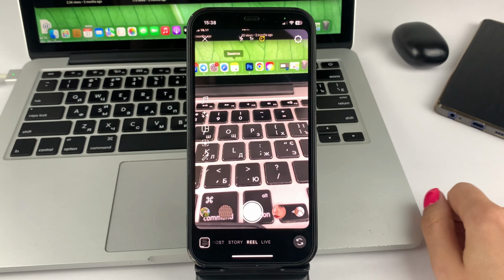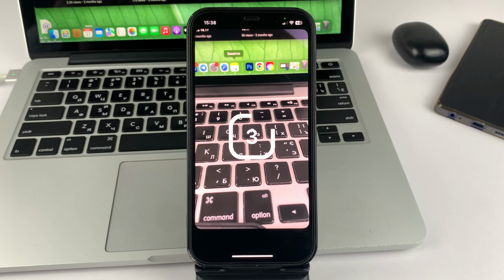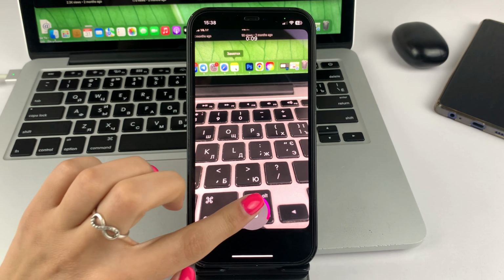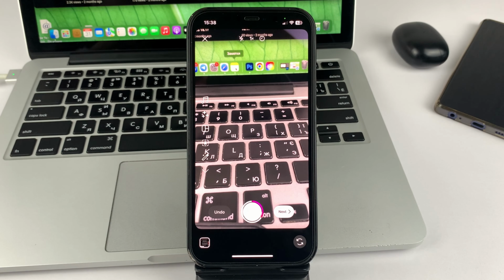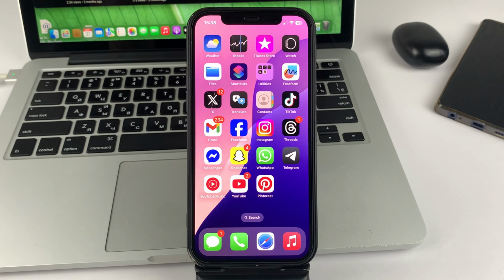Now click Add Timer, and now click on the Record button. And then you'll see that you'll get a 3 or 10-second countdown and the video will start recording. When the video is over, it will either turn off on its own or you can just stop it yourself. And then you can edit it, set it up, and so on. This is the way, dear friends, you can use and set the timer on the camera in Instagram.